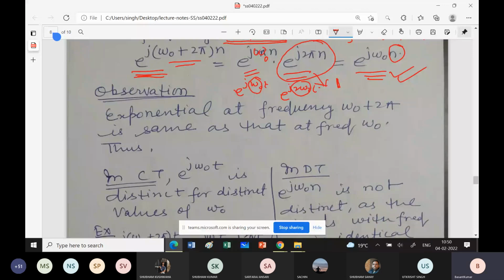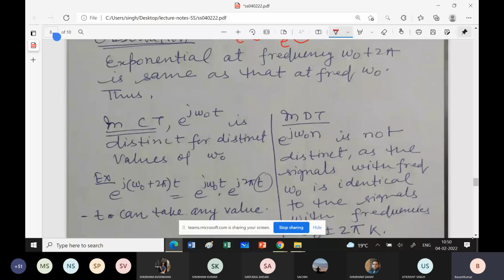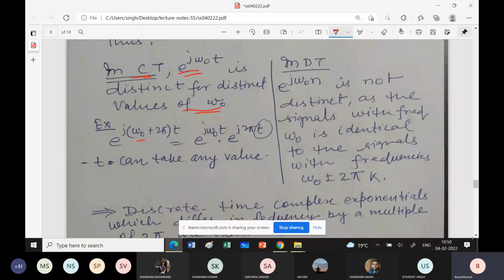चलिए थोड़ा सा और इसको देखते हैं क्या कह रहे हैं। सो इन कंटिन्यूअस टाइम क्या हो रहा है कि भाई देखो e to the power j omega naught t is distinct for distinct values of omega naught। वो इसलिए क्योंकि आप देखो यहाँ पे, अगर यहाँ पे ओमेगा नॉट प्लस 2 पाई डालते हो तो इट विल बी रिप्रेजेंटेड लाइक दिस, और ये क्या है कि फॉर डिफरेंट वैल्यूज ऑफ t इट विल बी हैविंग अ डिफरेंट वैल्यू, सो t कैन टेक एनी वैल्यू। ये देखिए यहाँ पे है इन डिस्क्रीट टाइम क्या हो रहा है कि e to the power j omega naught n is not distinct as the signals with frequency omega naught is identical to the signals with frequency omega naught plus minus 2 pi k। ये हमने पहले भी देखा था।